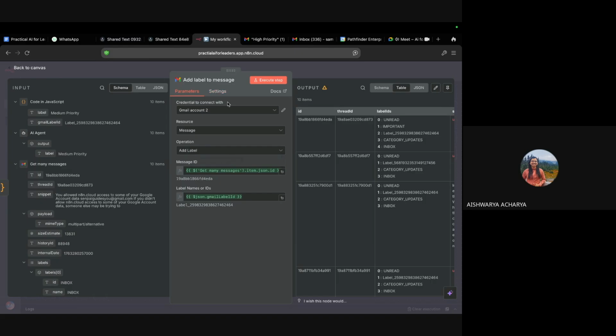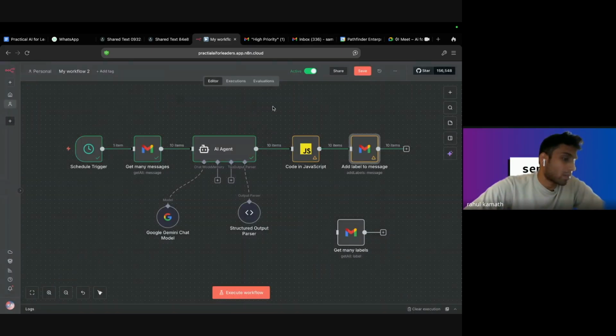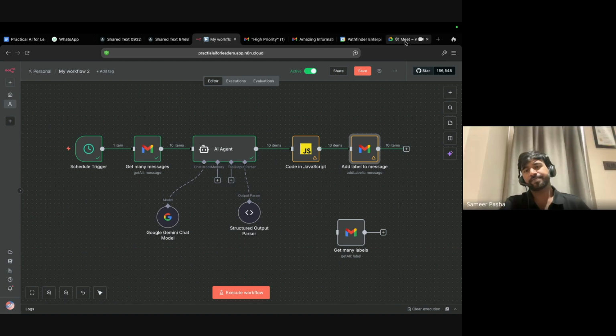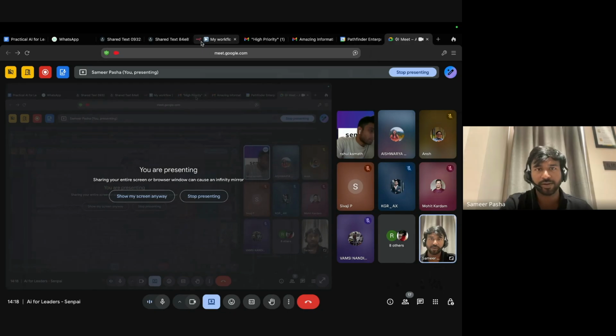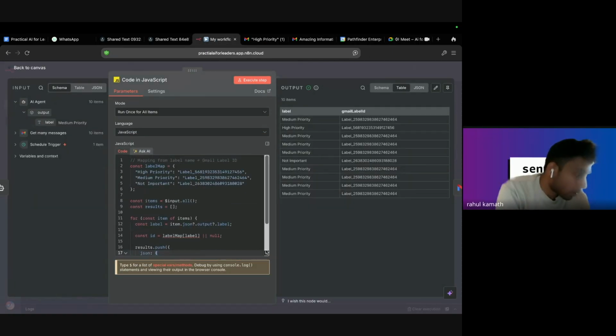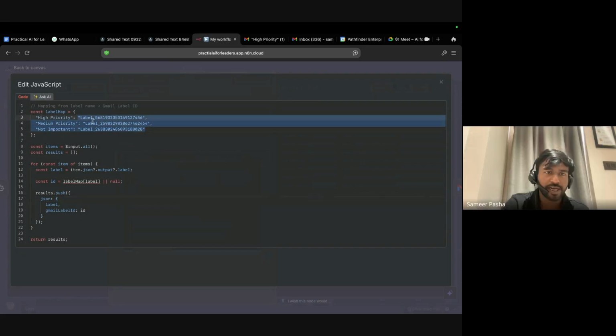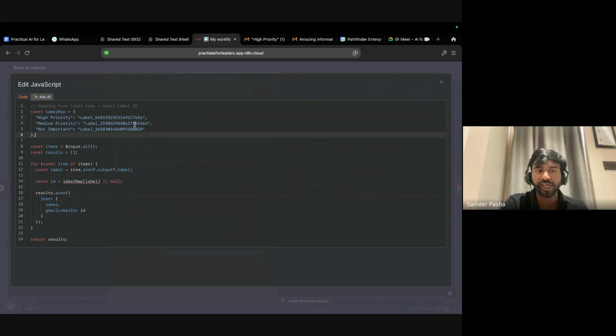Okay, like after that, bad request, please check your parameters. So basically, the code which Shivaji had copied has the label IDs which are specific to our account. If you open the code, Shivaji, we have given it 3 labels, like label 56819 and so on. That is specific to our account, the labels we created. So you guys need to replace them with whatever label IDs you get after the execution.